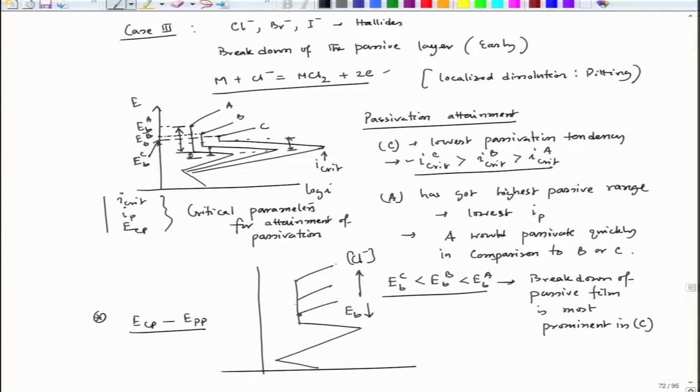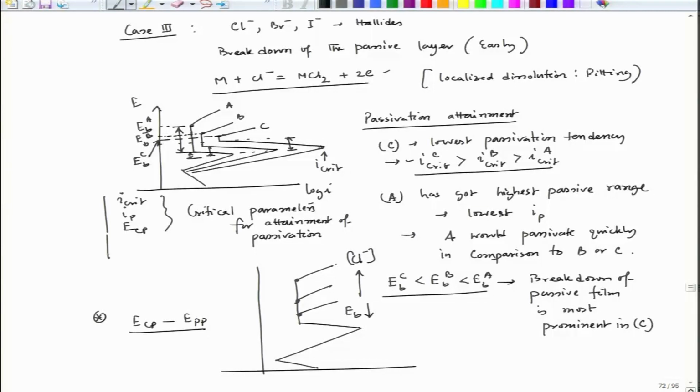So, that means the breakdown potential reduces. So, there could be influence of increase in chlorine ion, and that could lead to decrease in breakdown potential, or there could be inherent tendency of that metal oxide over that metal, which could have a lower affinity or higher affinity to chloride. If it is having higher affinity to chloride, then it would immediately react with chloride ion and then dissolve into the solution, and that would lead to the breakdown of the passive film and lead to pitting.